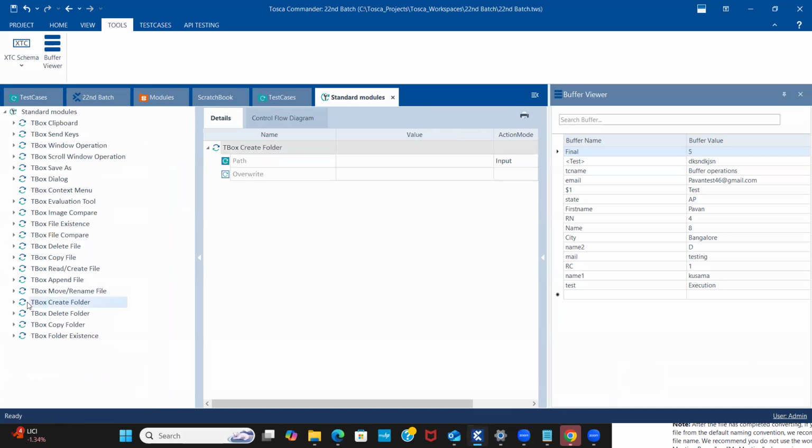So for folder operations, if you want to create a new folder, you can see a tbox create a folder. If you want to create any new folder, we can use this particular standard module, tbox create a folder. So now let's say,